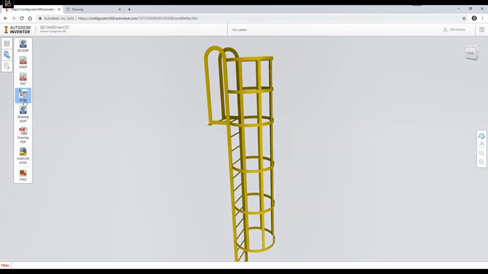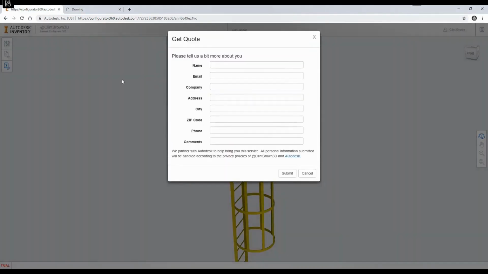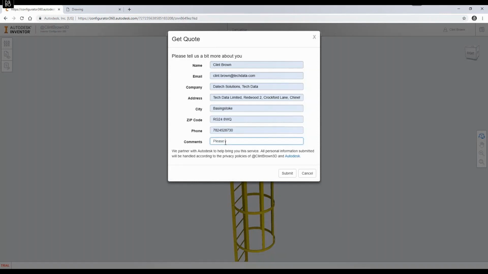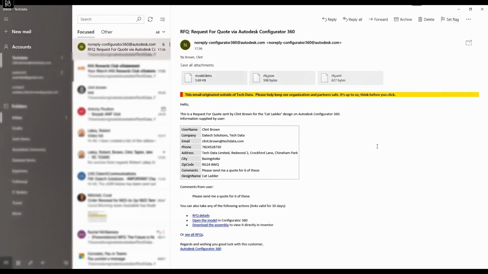I can also go and look at different outputs like STEP files, SAT files, and some of the BIM formats as well. So I can get an RFA file or an IFC file out as well. In this instance, I'm asking for a quote. So maybe I've put this out on my website and I'm allowing select customers to get access to it. We can ask for a quote, and whoever's set up as the administrator or the person to receive the quotes will get an email with all of the details of that specific